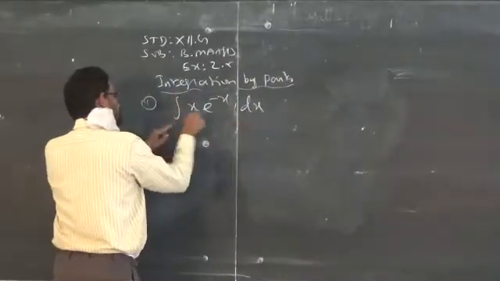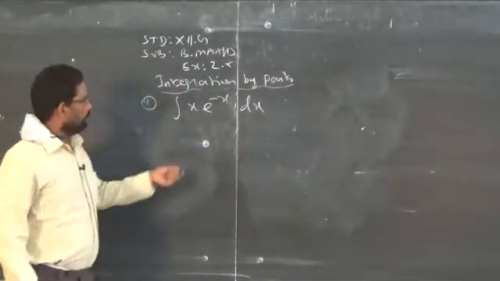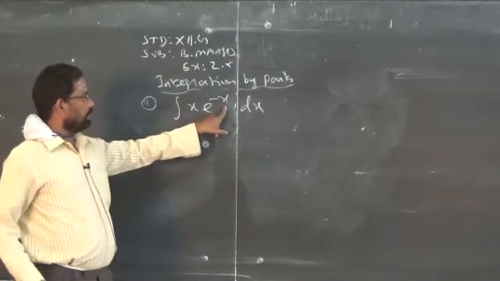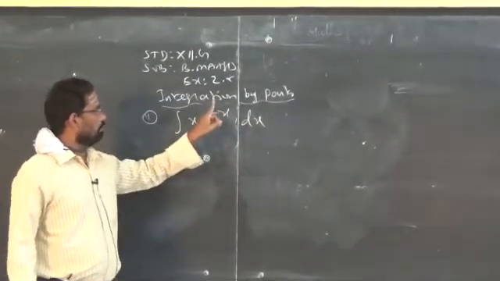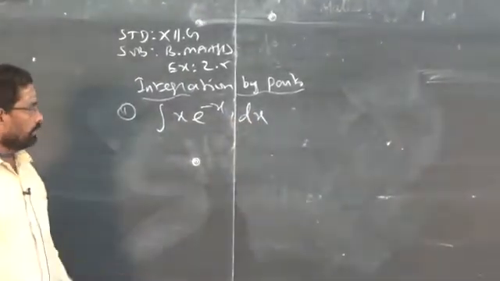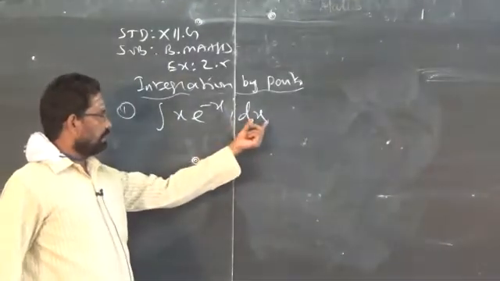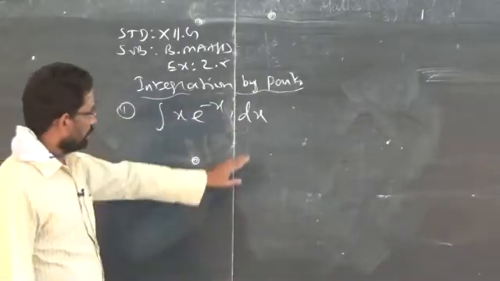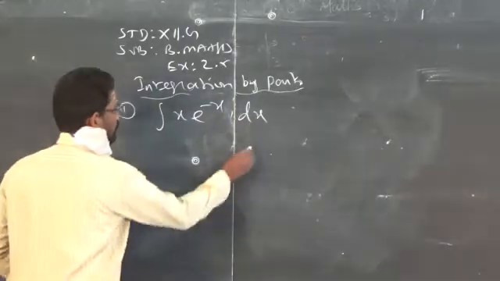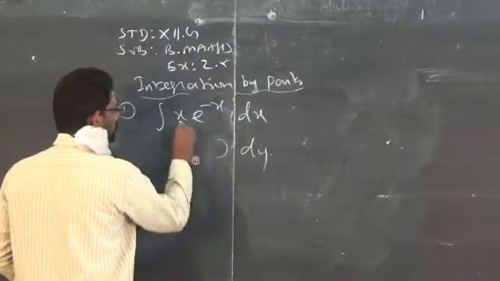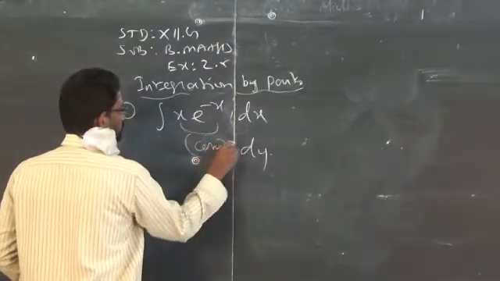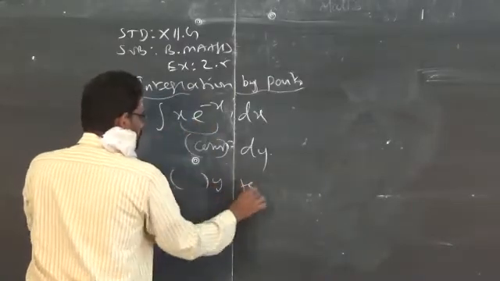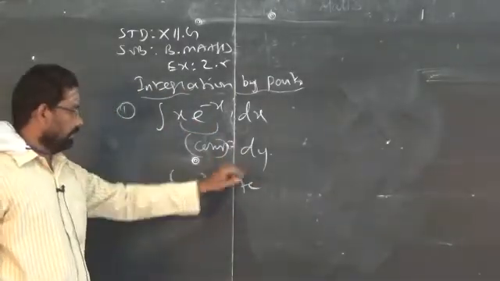Once you use the integral symbol, you have to write dx. Why am I writing the dx? Because it is given in terms of that variable and you are asked to integrate with respect to x. I told you before, if it is given with some other variable, the other factors are considered as constant. If you integrate with respect to y, for example dy, then these two are considered as constant, so you will get it as it is into y plus c, because you are integrating with respect to the y variable.